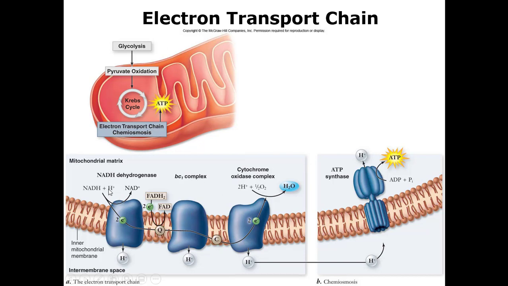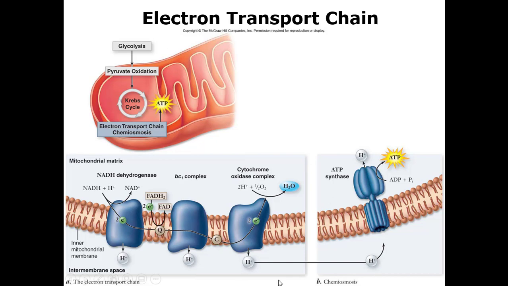And just like you guys, no one likes to be crowded, so they're going to try to go back to the other side. But what we've created here with the energy in those electrons is a hydrogen ion gradient, where you have lots of hydrogens on one side and not a lot of hydrogens on the other side. So what those hydrogens can do when they want to sneak back to the other side is